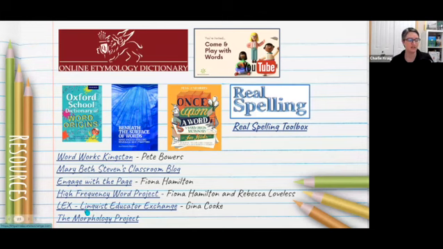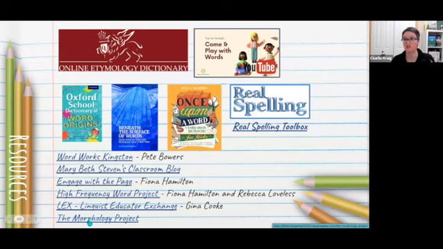I've listed here a connection to the Linguist Educator Exchange. I really love Gina Cook's resources. She has a number of sets, but they're sight words. And then on the back, she unpacks other ways that it is affixed. It talks about where it came from morphologically. It talks about its meaning, and it talks about its pronunciation for each one of those sight words. And then she's got some other pieces that are on there as well.